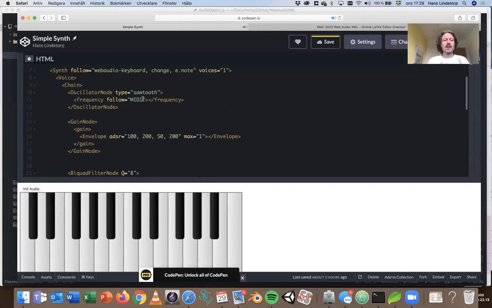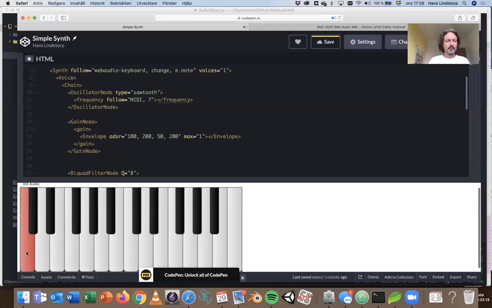But now when we have a MIDI controller as the input, we can just say follow MIDI. And if we want, we can have a second value added to it. So we can have number 7. Then the sound will be a perfect fifth above whatever note we play here. And if I take it away,